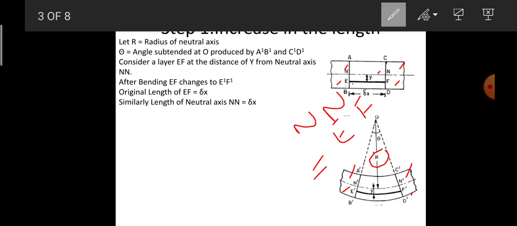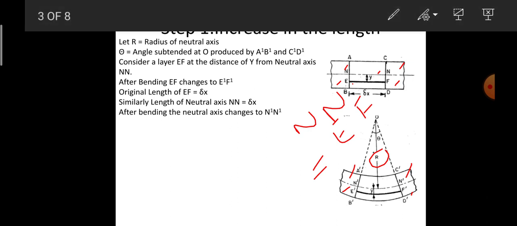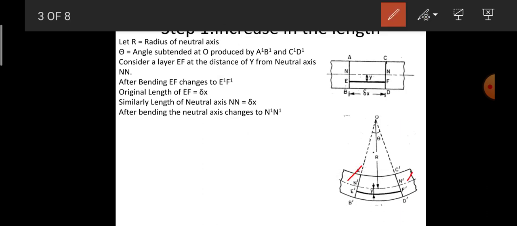After bending, the length of the neutral layer N dash will remain unchanged. N dash is the final position of NN, and after bending the length of the neutral axis remains